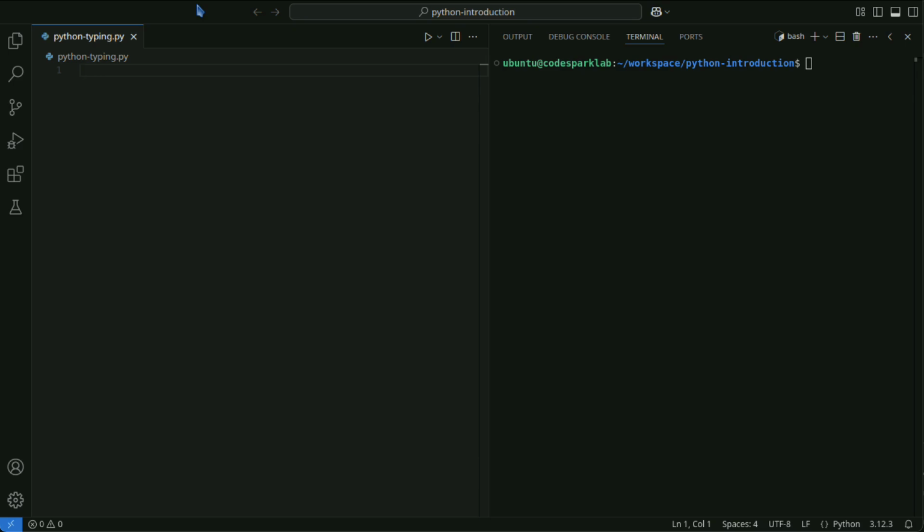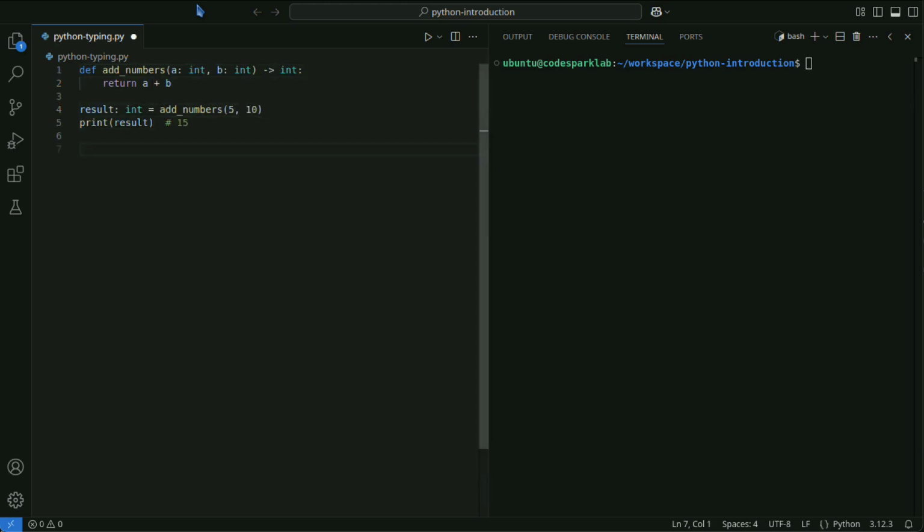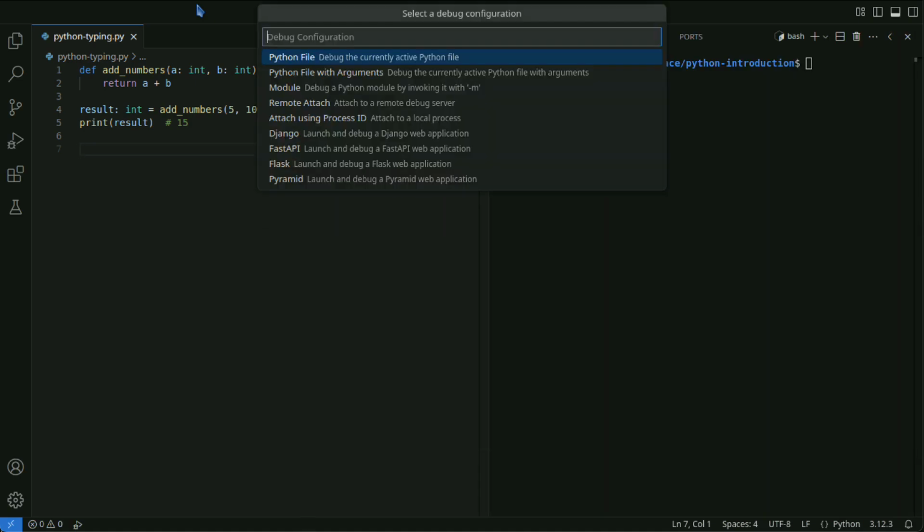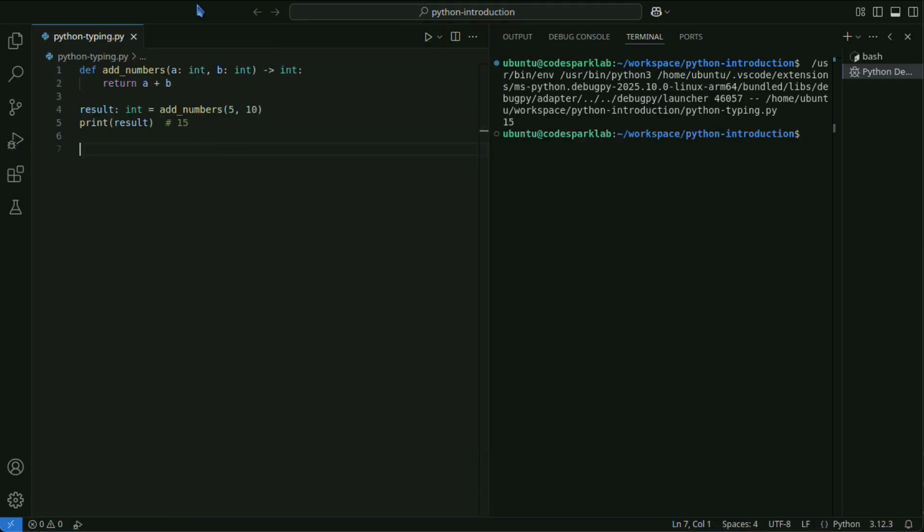Type hints clarify the intent of the code by explicitly specifying the types of functions and variables. In the example below, types are specified for the arguments and return value. In the above code, a and b are of the integer type, int, and the return value of the function is also explicitly stated as an integer. Even with type hints, types are not strictly enforced, but warnings may be displayed during development if there are type mismatches.